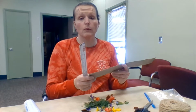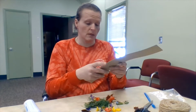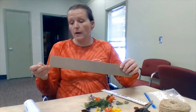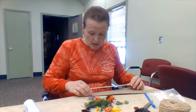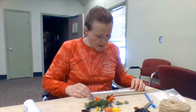Our lightweight cardboard is actually 2¼ inches wide by approximately 18 inches long. Now I do have some glue left on the one side. This was the backing to a desk planner. So what I'm going to do is just measure down and cut that end off. I'm going to make my bookmark